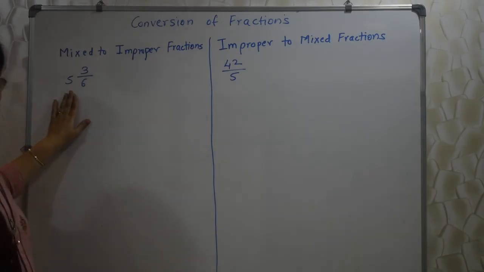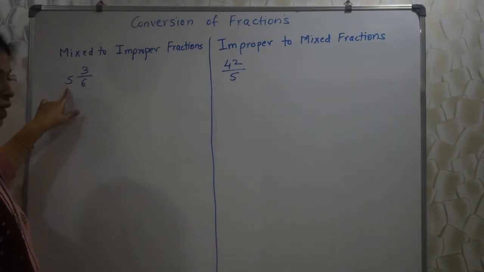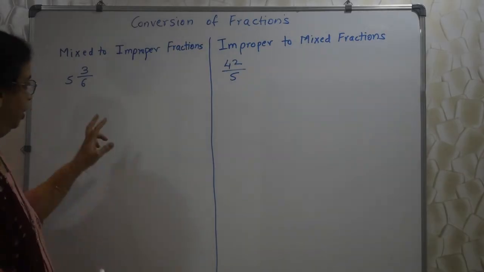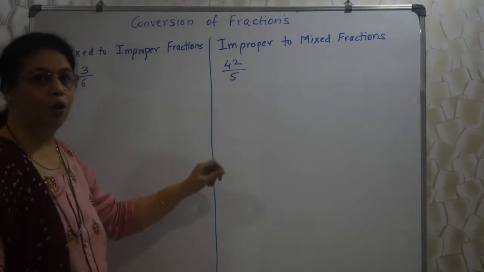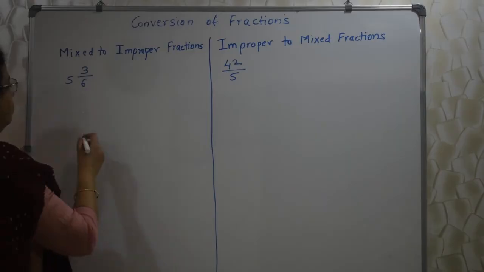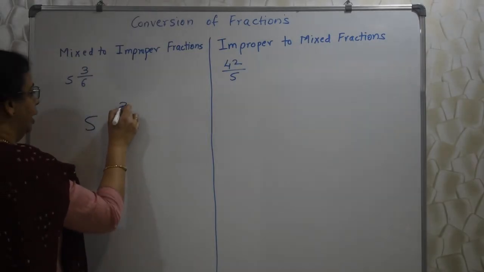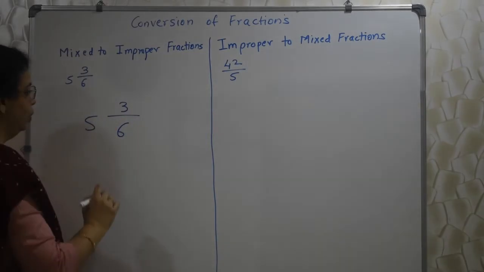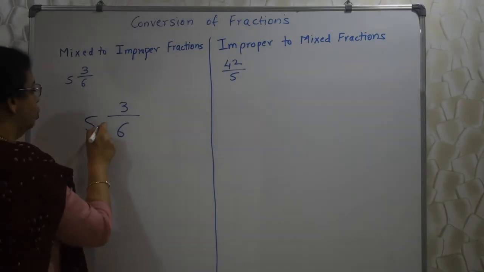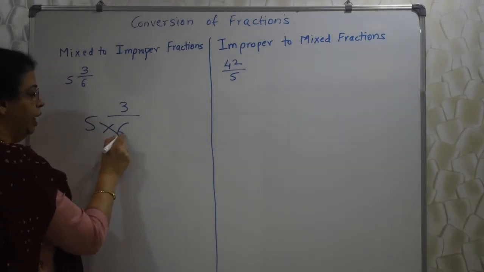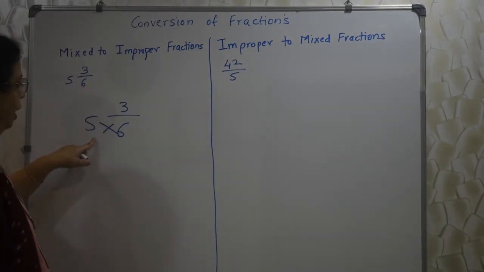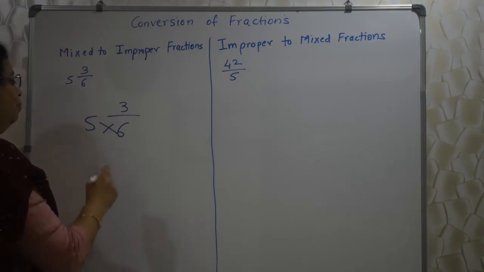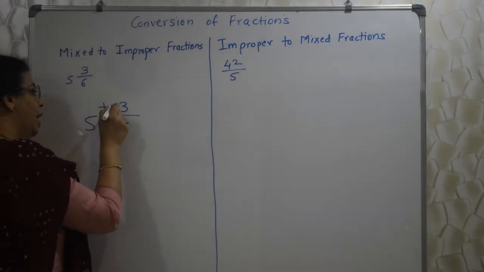Now, mixed fraction to improper fractions. Now a mixed fraction is given to you. How does it look? An integer with the proper fraction attached to it. So it looks like this. Okay, so this mixed fraction we should convert into an improper fraction. So simple. I am writing it here again. What is your job? Your job is to multiply these two numbers, 5 into 6, the number here and the number here, the denominator. 5 into 6, 30, and whatever answer you will get, you will add 3.